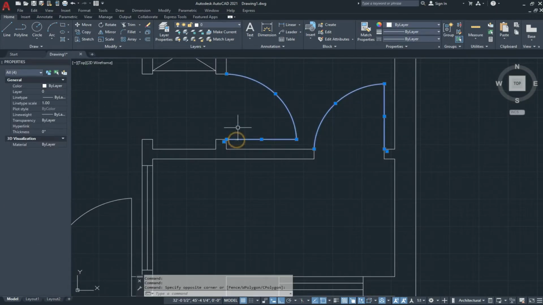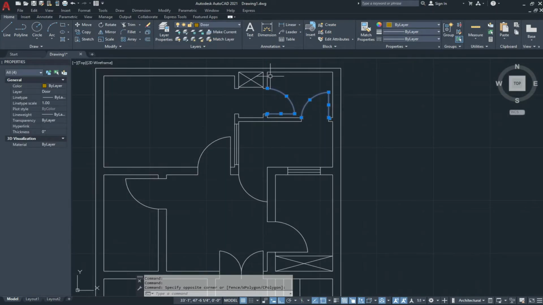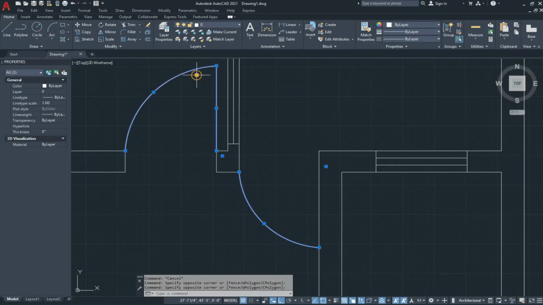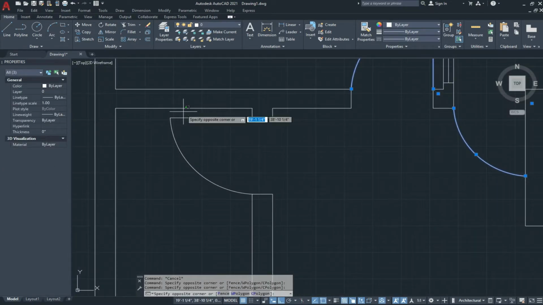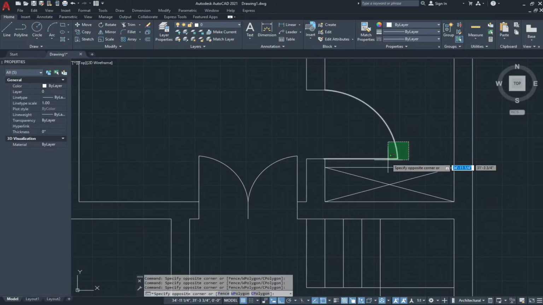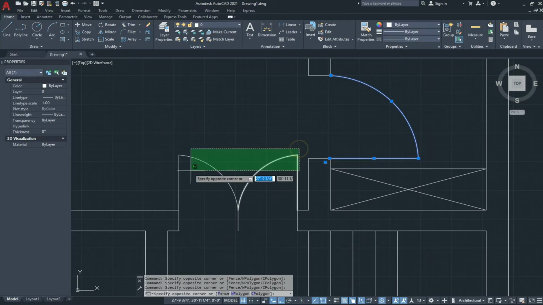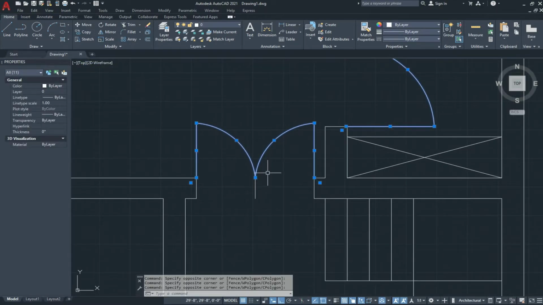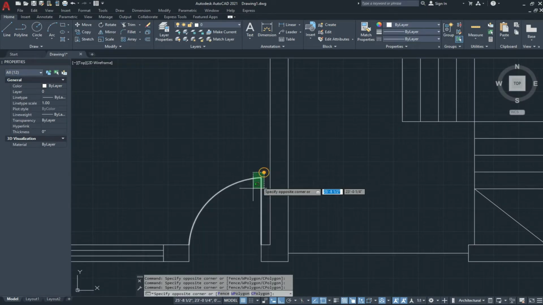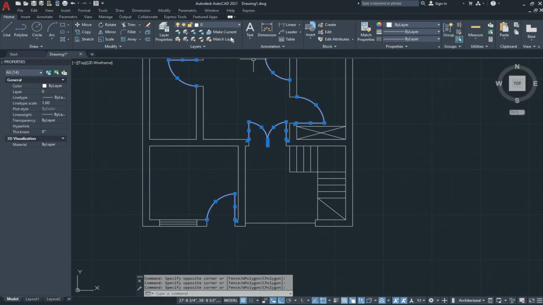Select the doors and change the layer to door.